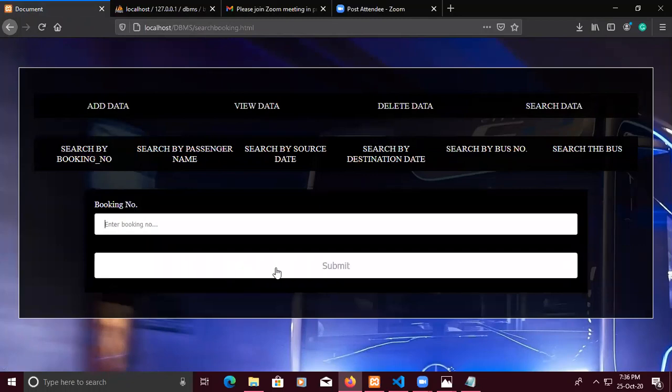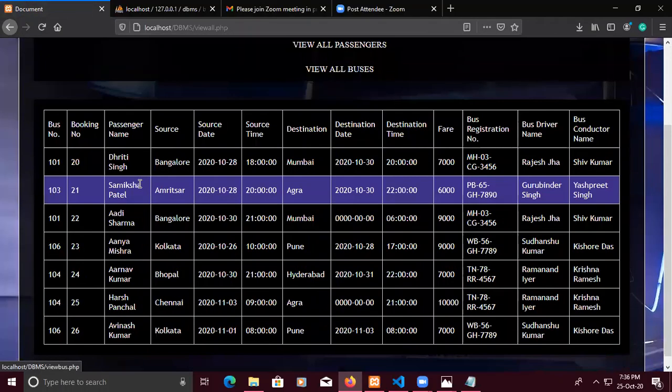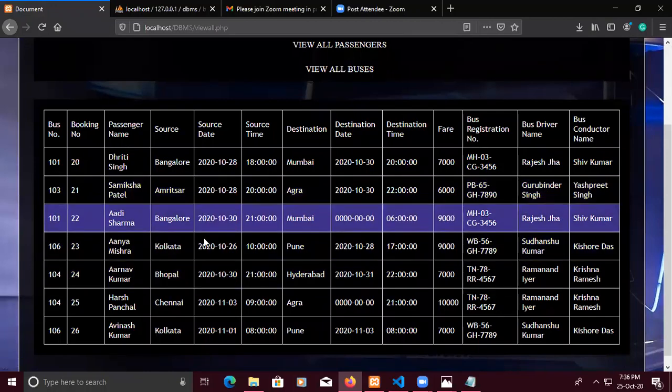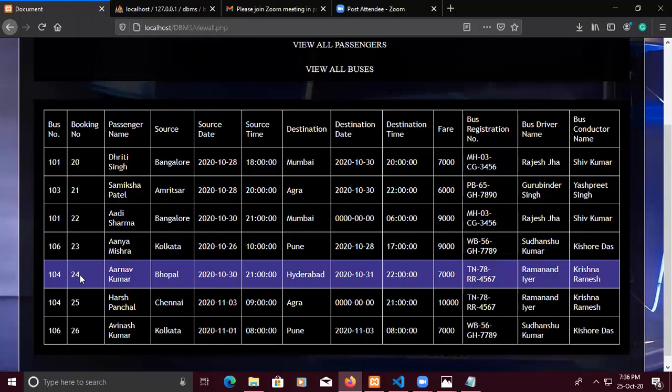After submitting, he can get the whole data. Suppose he wants to check booking number 24, he needs to know the passenger details.